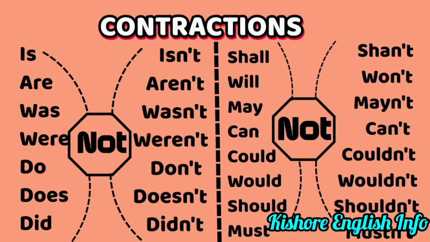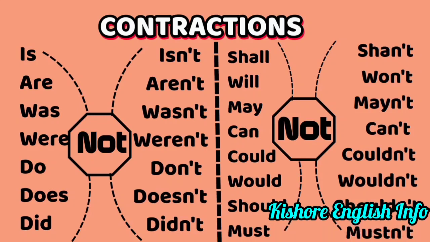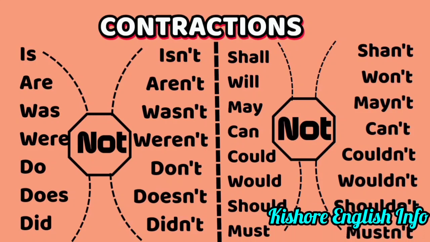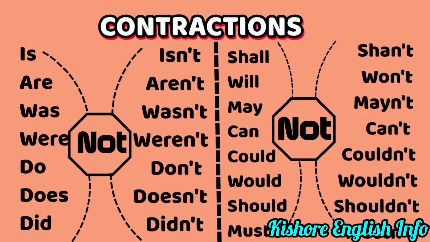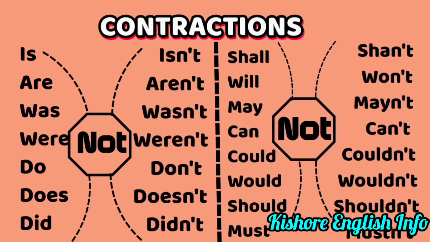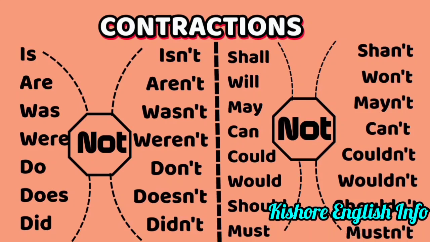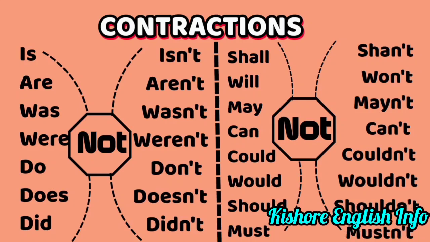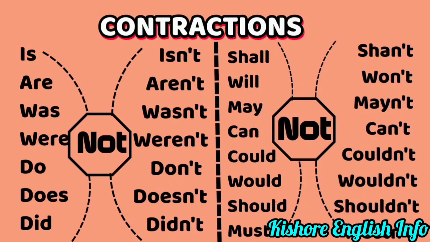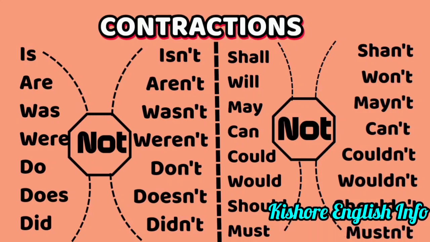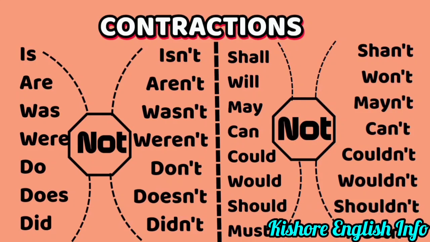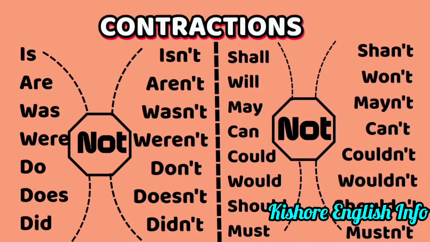First and foremost, we must know what contractions are. We use these contractions in making question tags. Contractions are nothing but combining two words: a helping verb followed by a negative form. Is not, isn't; are not, aren't, like that. Two words together are used as a single word in contraction form. Aren't, wasn't, won't, don't, doesn't, didn't, and shan't. There are some examples here, we can go through them.